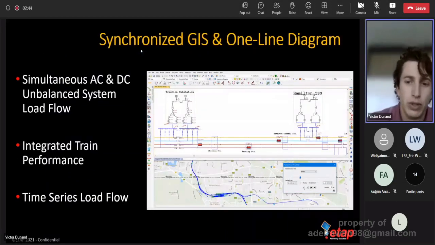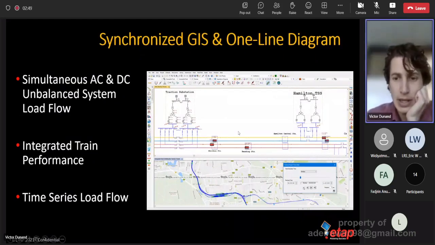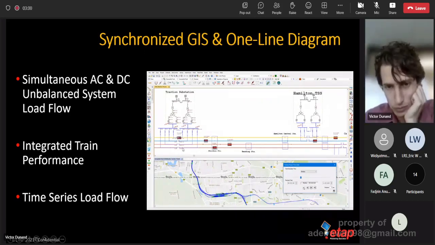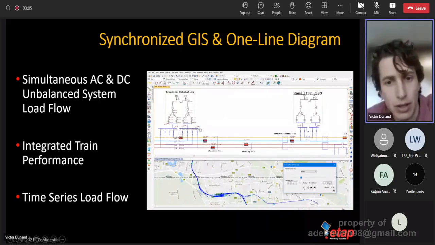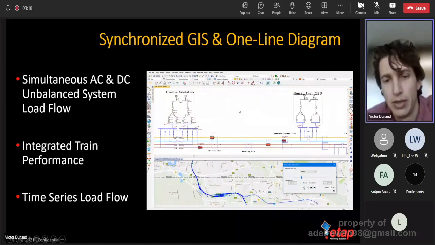Now again, what we're showing here essentially is a view of what the software looks like. So what we have here at the top is the view of the network. So in that example, we have 2 traction substations into 2 transformers, then into the reticulation. We have a view at the bottom of the GIS. And what you're actually seeing here is, because we have a timetable, we're simulating where the trains are going to be, and therefore where the load is being drawn from for the different routes where the trains are running